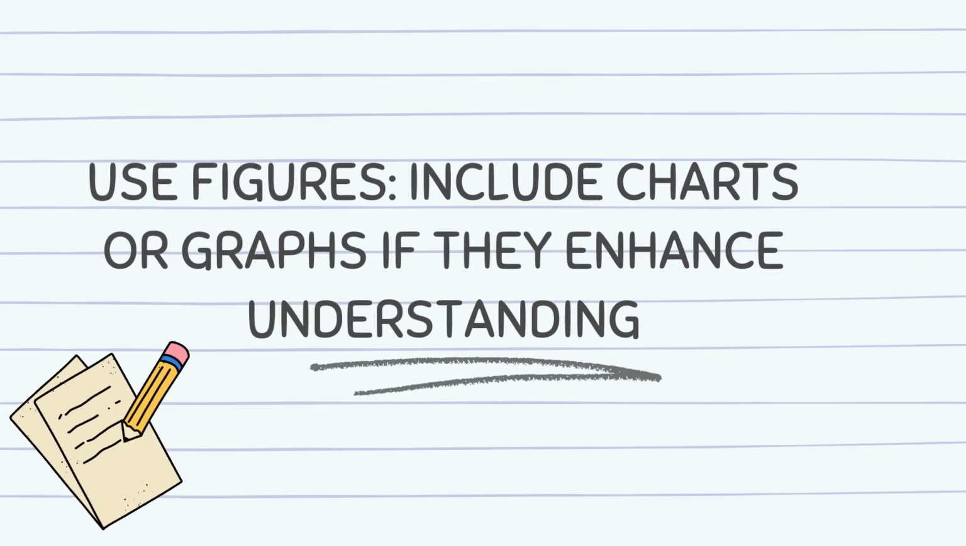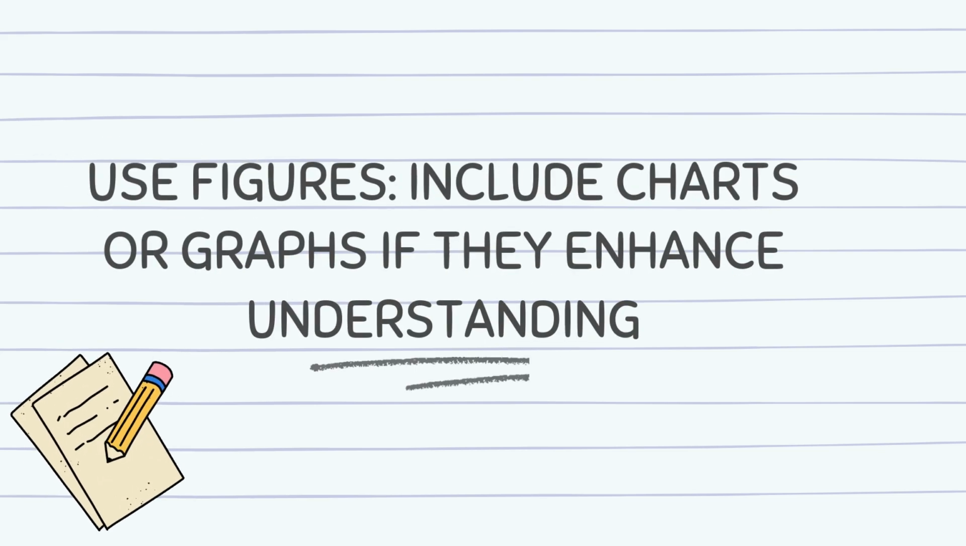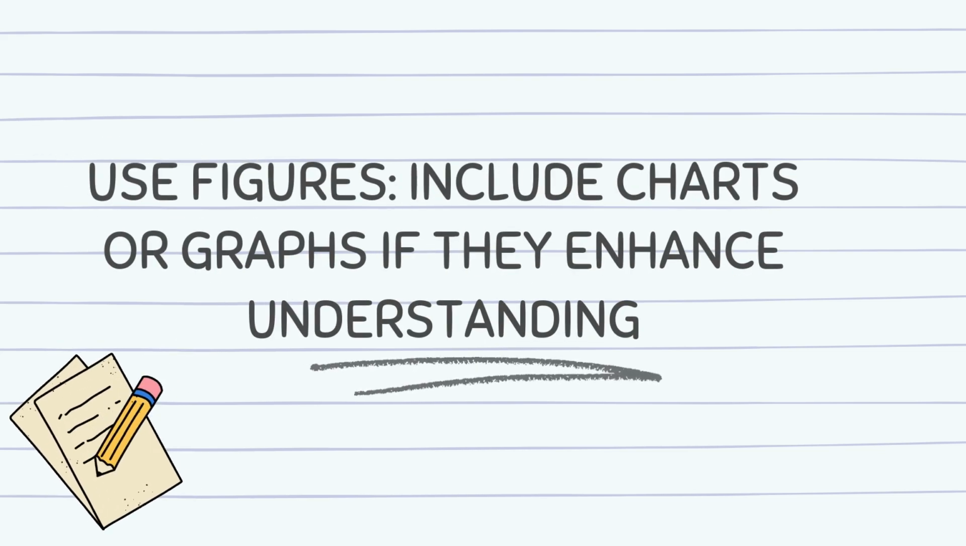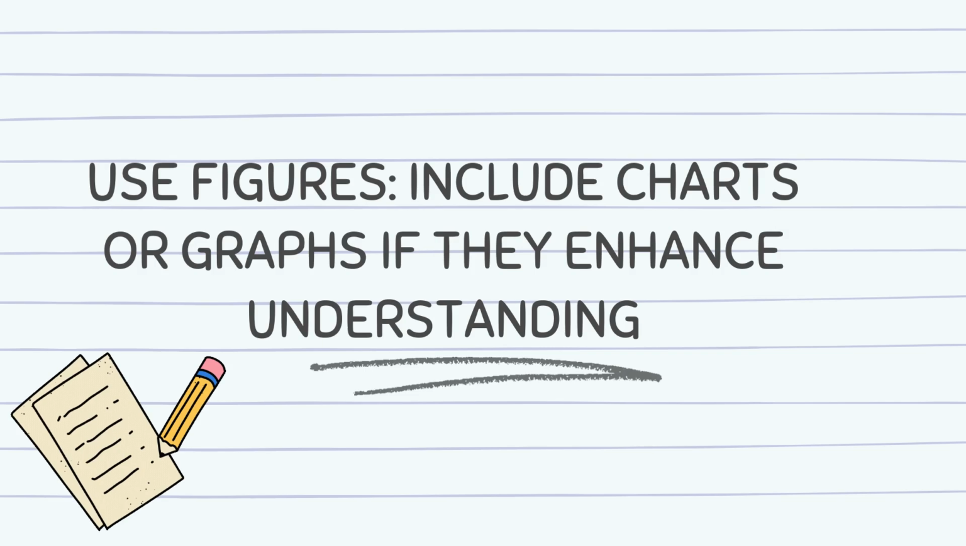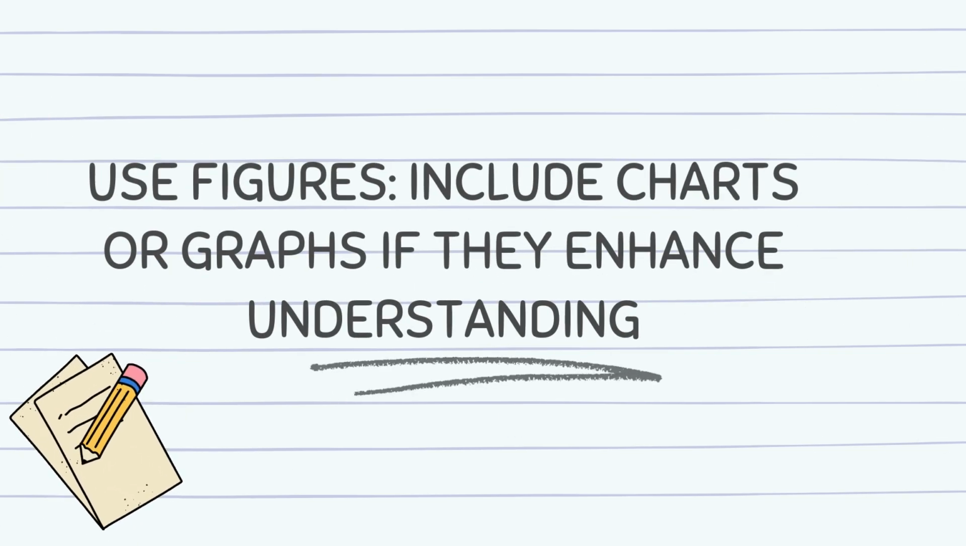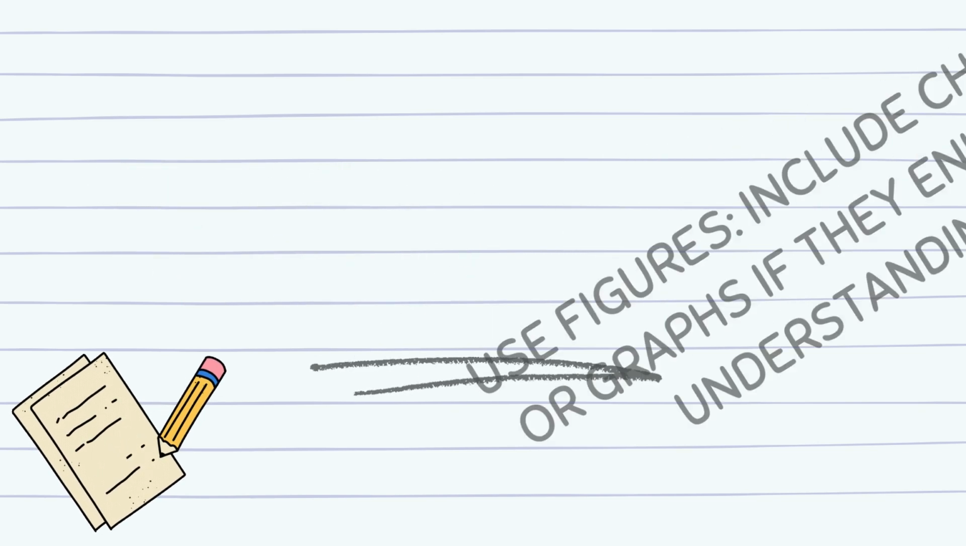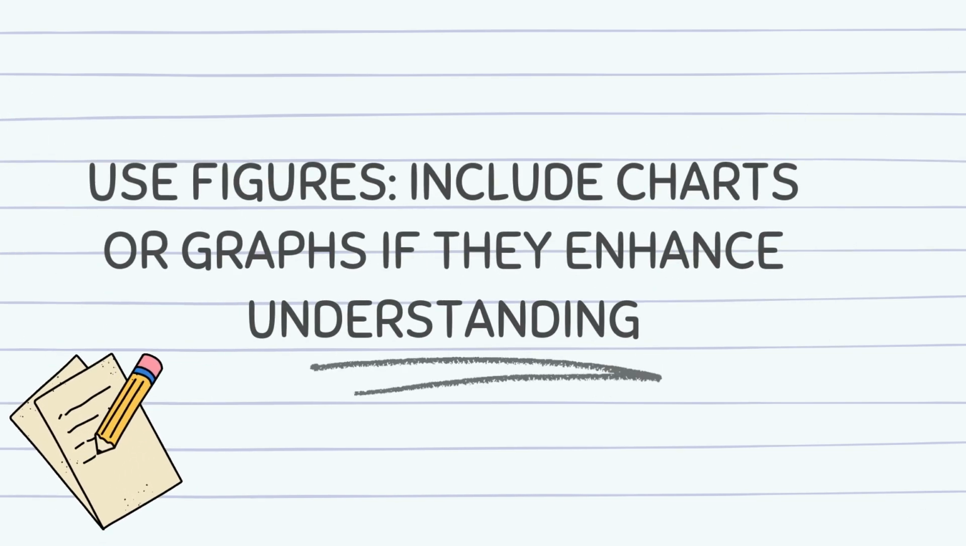Types of figures to include in Chapter 2. Different types of figures serve different purposes in a literature review. The most commonly used figures include A. Tables, organizing and summarizing information. Tables are ideal for comparing studies, summarizing key findings, and categorizing data. Example: comparing key studies in the field. Study, author,